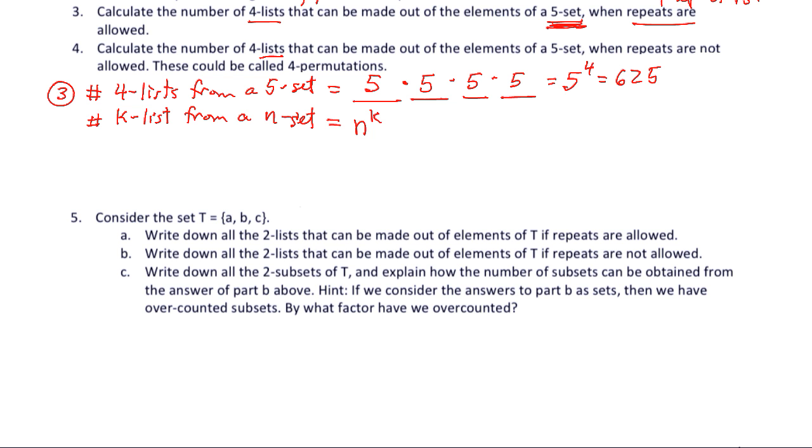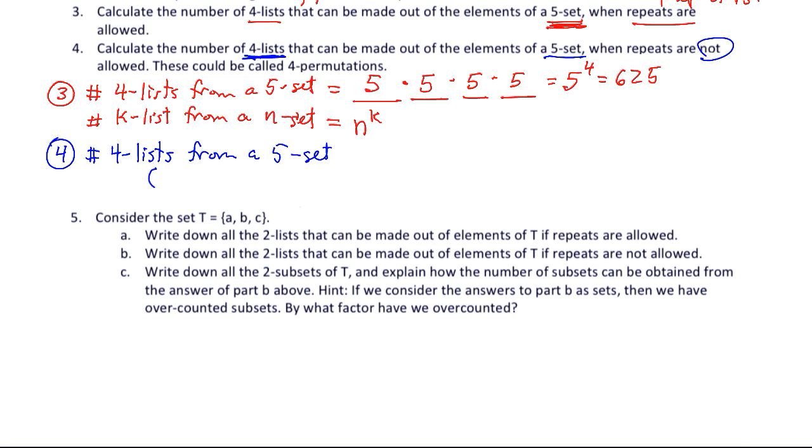And for problem number 4, now we're doing the same thing. 4 lists from a 5 set, but repeats are not allowed. Okay? And this is going to change the calculation. And in fact, we can do this from the counting principle, and we can also use the permutations. Now, lists have order, so we're going to use the number of 4 lists from a 5 set with no repeats